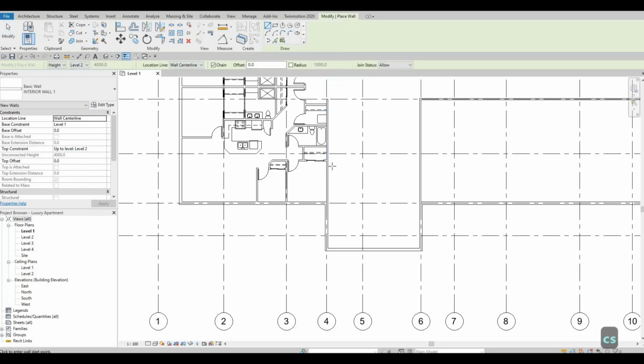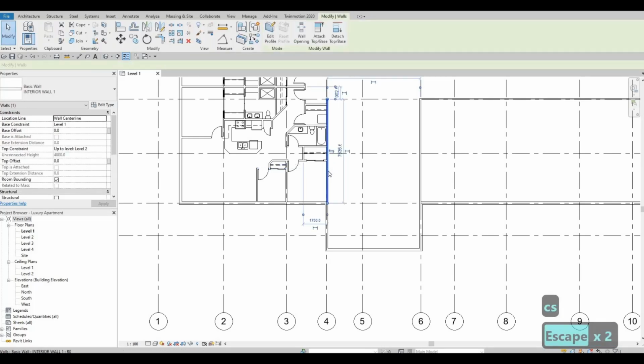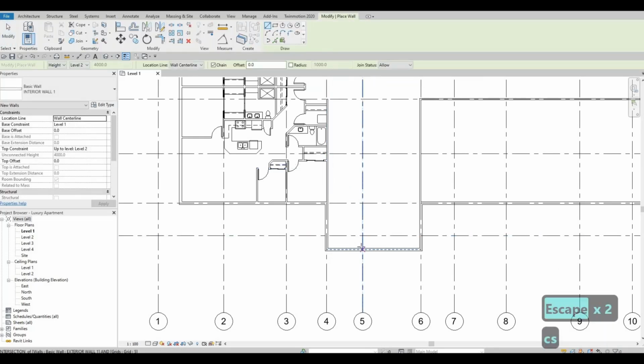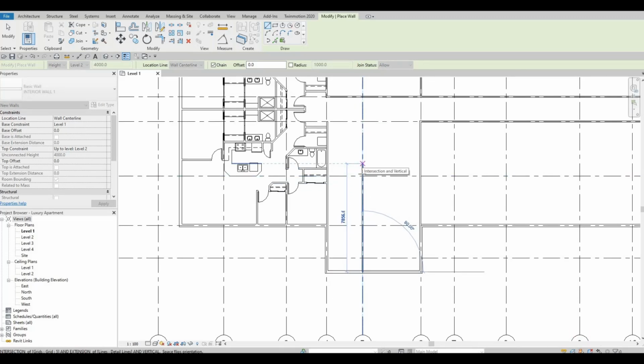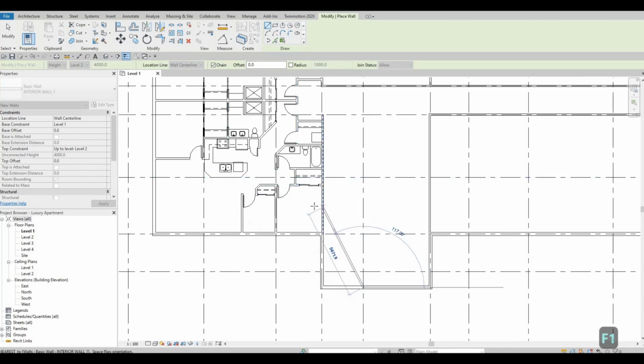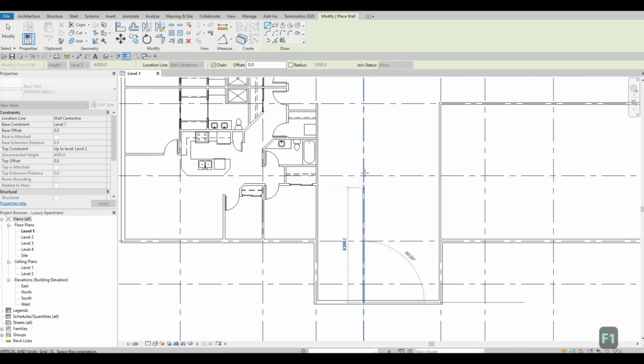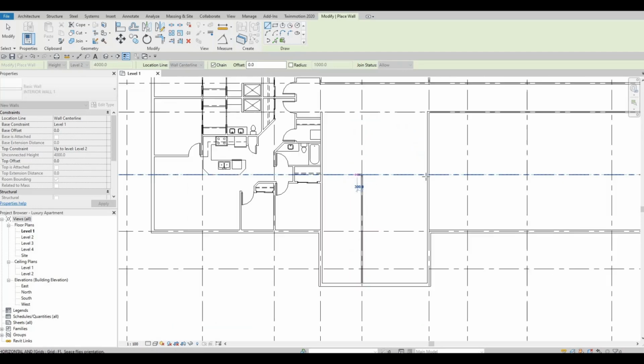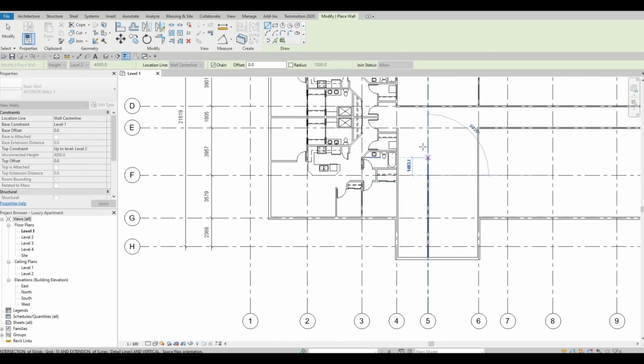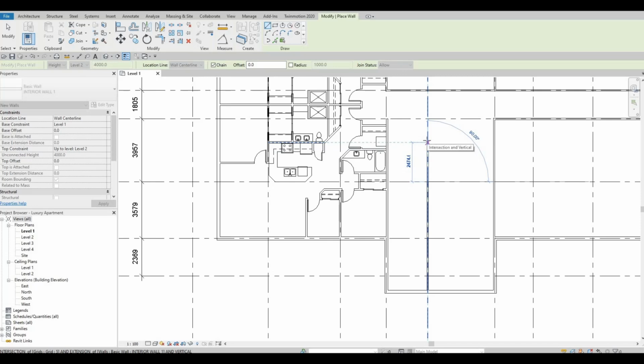So CS, I'm gonna use interior walls, and then I'm going to add this one like so, but we're just going to go over just a little bit, probably around 2800. So it's actually a lot. So I'm gonna click it on F5, and then I'm going to type in 2800,